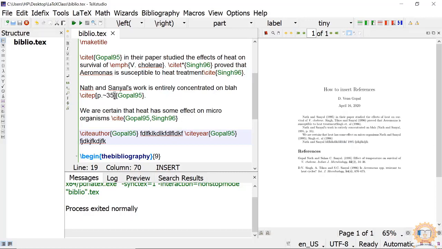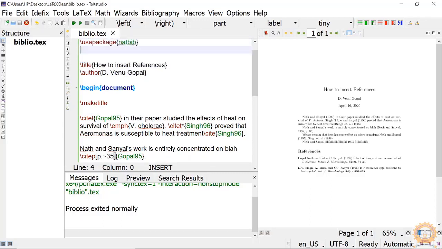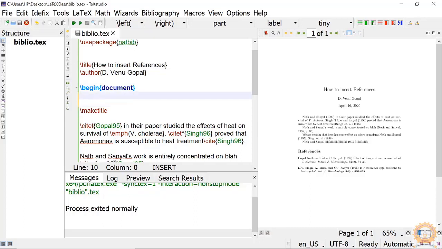Then what are the other advantages of using this package? We can change the styles. The default is coming as plainnat. After \begin{document}, we can say here \bibliographystyle.